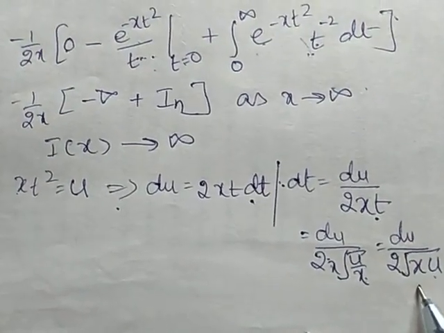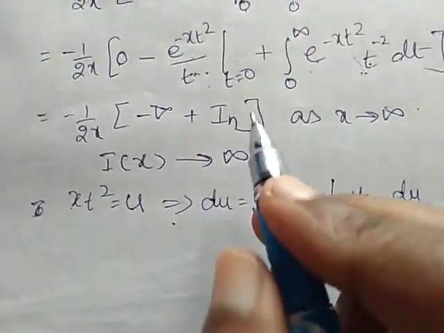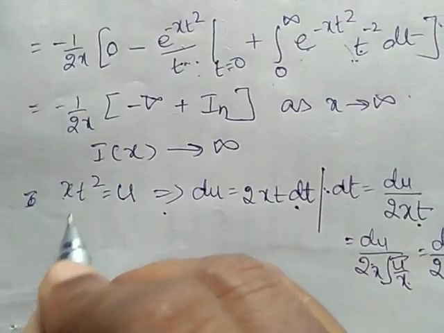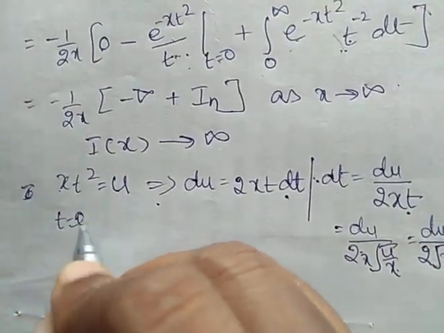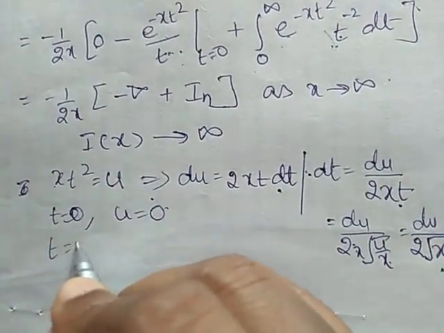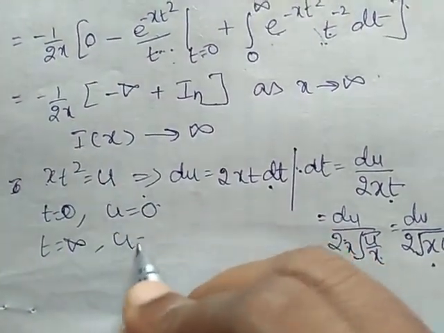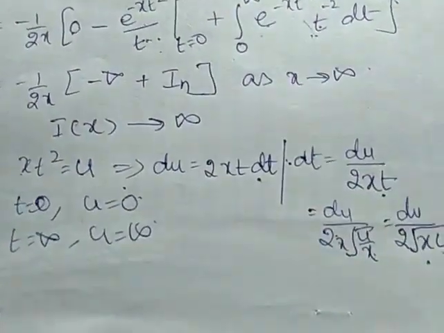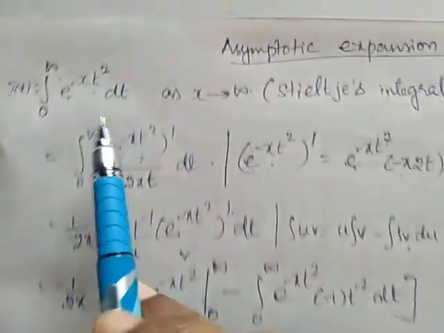Now we have to find the limit also. So what is our lower limit? 0. When t is 0, u is also 0. When t is infinity, u is also infinity. Correct? Now our integral